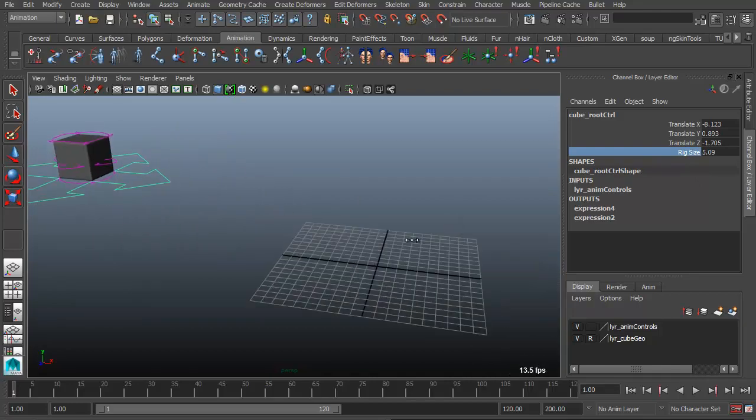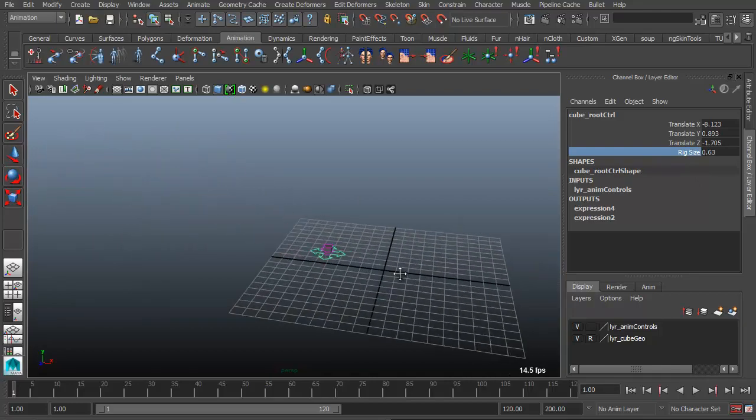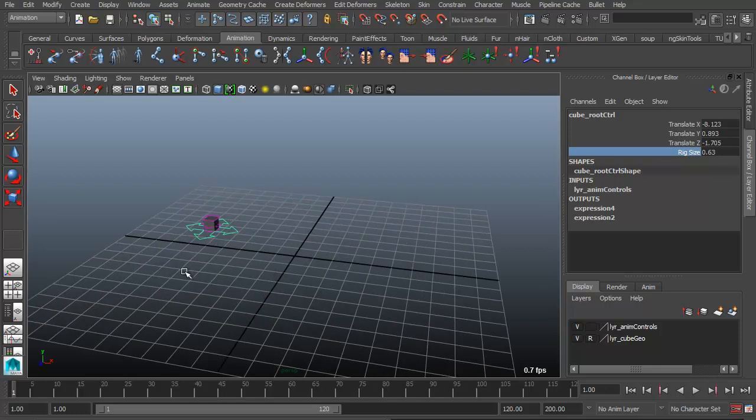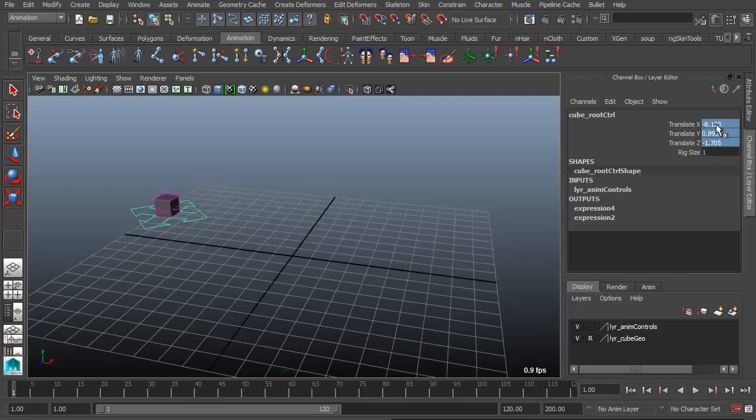So you really don't want to do a setup like that. You just want to keep those rotation and scale channels open, and just make a hierarchy that works with what you have. So if I just put this back,